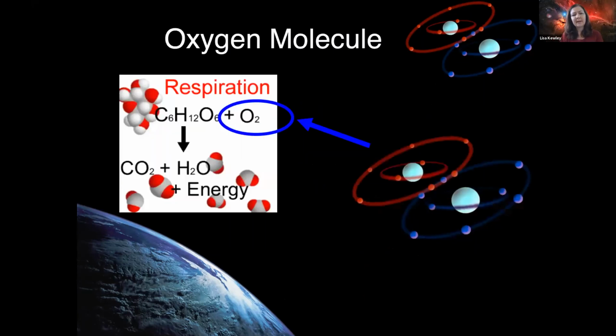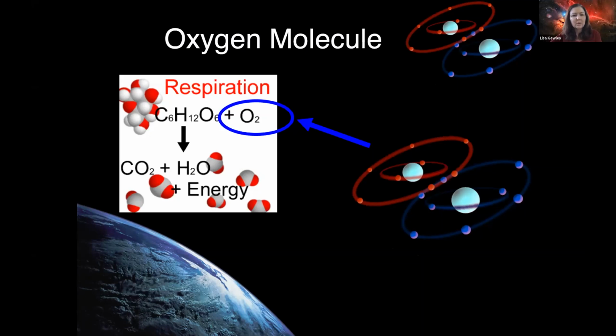Now, when we talk about oxygen that we're breathing on Earth and using to create energy in our bodies, we're talking about the oxygen molecules. And so the oxygen molecules are two oxygen atoms that are combined together. And those two oxygen atoms share electrons. So you have the oxygen nucleus there, you can see in pale blue, and the electrons that are surrounding those atoms are in red in one oxygen atom and dark blue in the other oxygen atom. And they're actually sharing the electrons, and that's how they join together into the molecule.